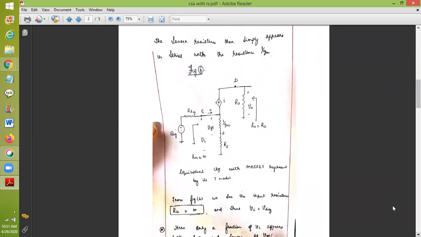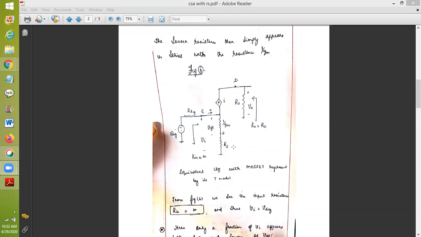So how to represent the T equivalent circuit? Only this part of the circuitry has to be replaced. Only the MOSFET part of the circuitry must be replaced. So this is gate, this is drain, this is source. The gate doesn't change here. You give the input here, and at the drain we show the current flowing by means of a dependent source, and this is 1 divided by Gm. 1 divided by Gm is nothing but the resistance, and this is the source resistance attached here.